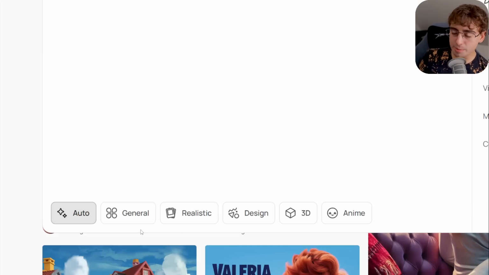Honestly, I think a lot of image generation websites give you too many styles to choose from or none at all, and this kind of sits right in the middle. It's enough options to give you some creative exploration, but not too many that it's overwhelming. And also, I do love the fact that they have an auto mode which works really well and just picks the best model for whatever use case.